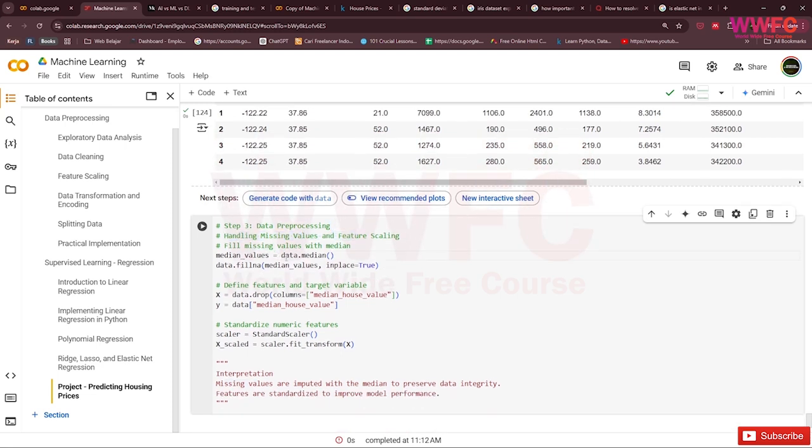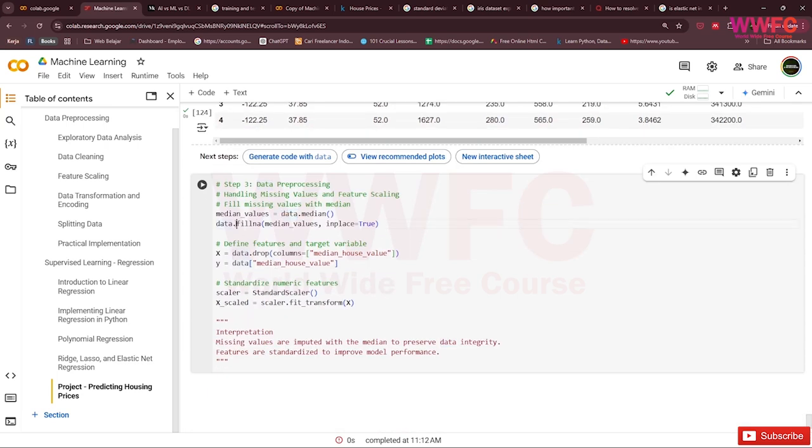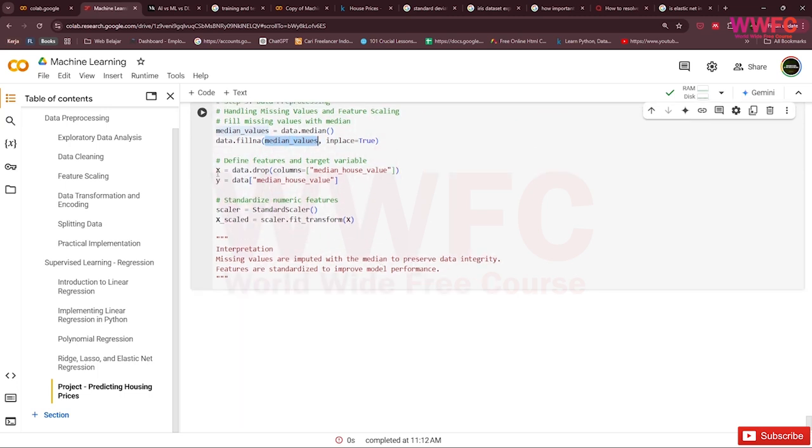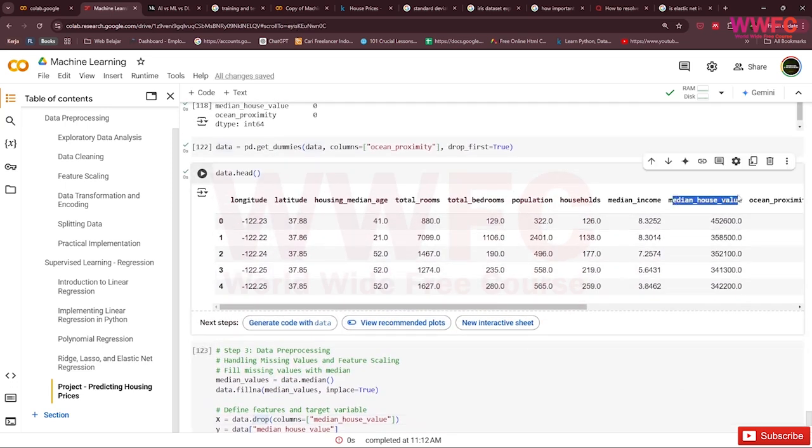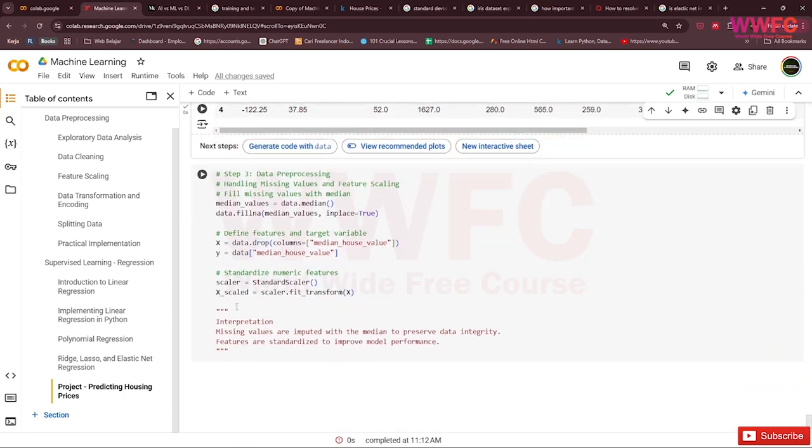So we get the median values, and fill the null values with the median values. Then define the feature and target variable: X is the data with the median house value column dropped, and median house value is the Y variable.